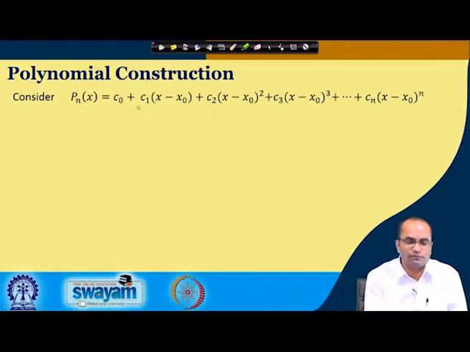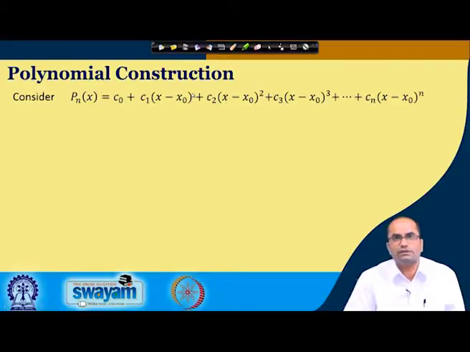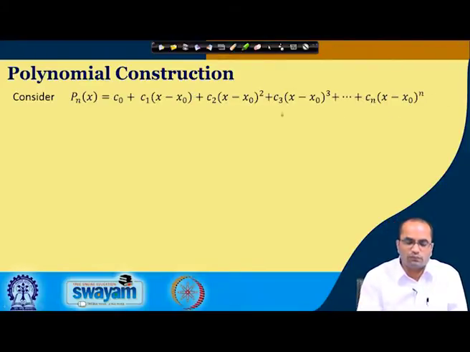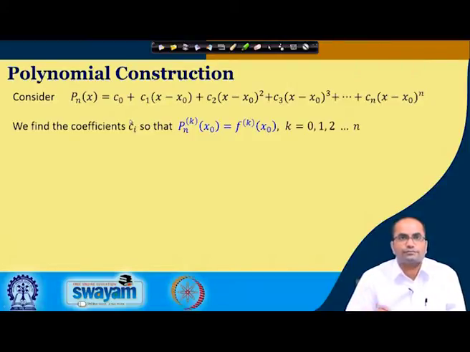In this special form we have taken this polynomial because of the convenience to evaluate these unknowns c 0, c 1 and c 2, but one can also assume any general polynomial of degree n. So, now we want to find these coefficients c i's